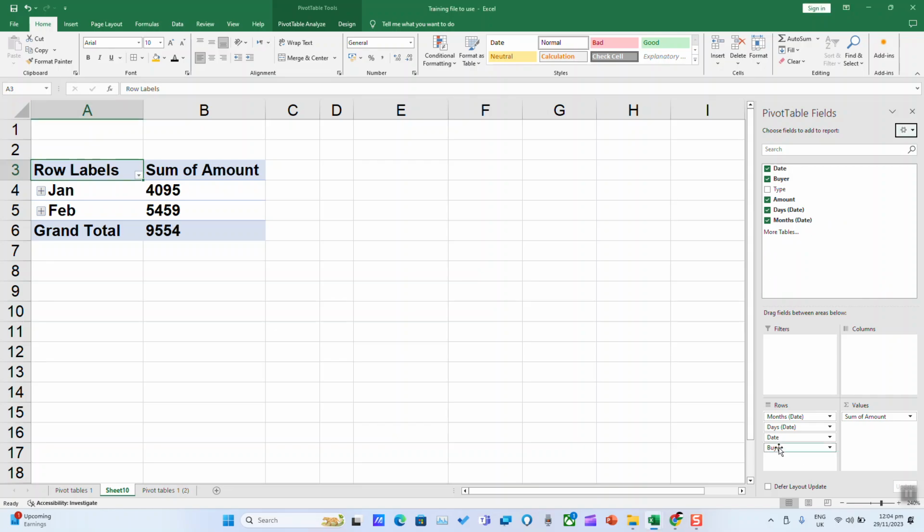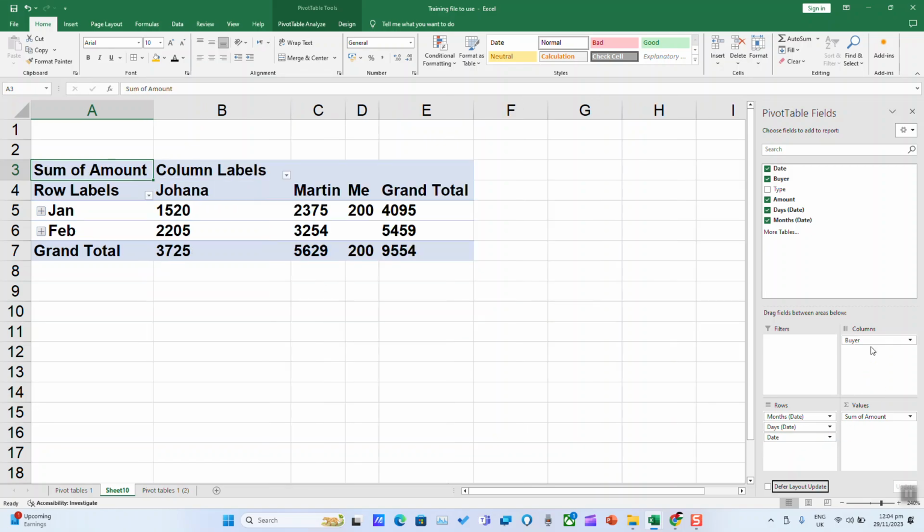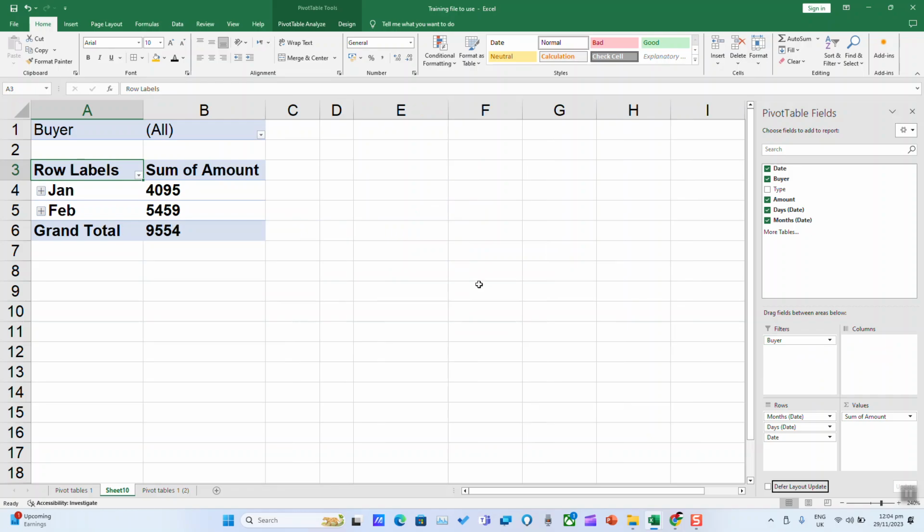Let's begin. If you want to move a field of data from rows to columns, you just click and drag it to columns. In this example, I brought the buyer's name from rows to columns. If you want to filter, you can always put the field in filters, click in the top and select multiple, and there you can either select all or just a specific one and have the data reflected for that specific